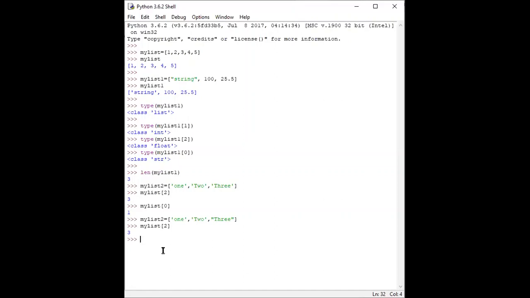For example, I want to check the type of my_list2 at address 2. So what is this? It's a string.